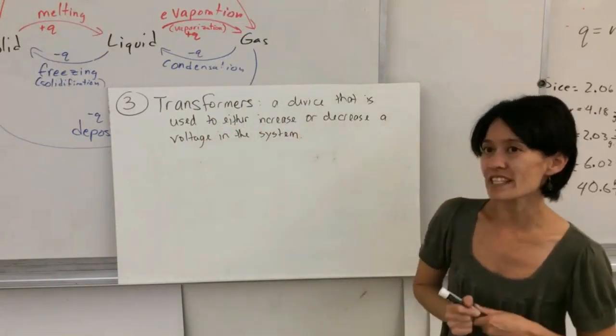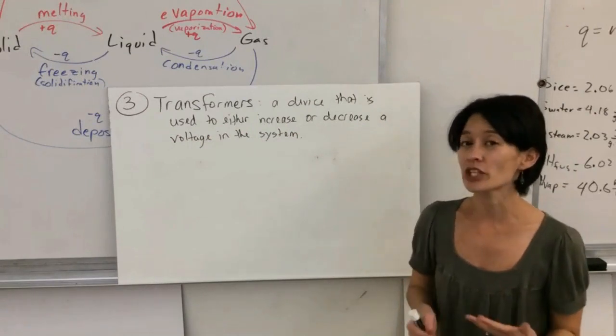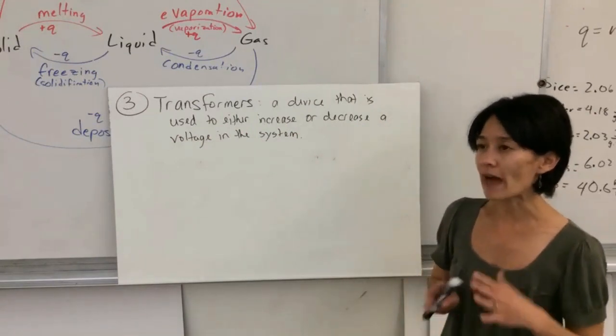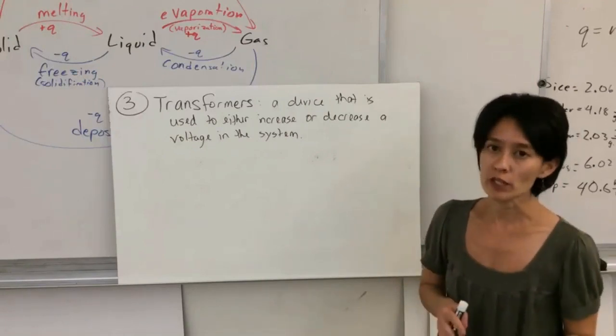The key to this is that it's the voltage that's changing, it's not the power. So the total energy is not changing, it's just the voltage. That has to do with what's happening with the current. When we get to the equations, hopefully that'll make a little more sense, but we're just